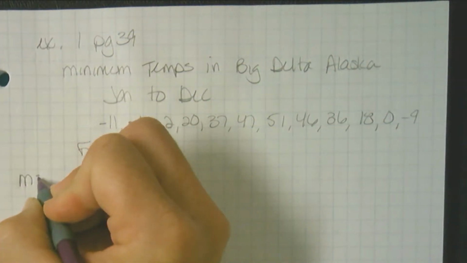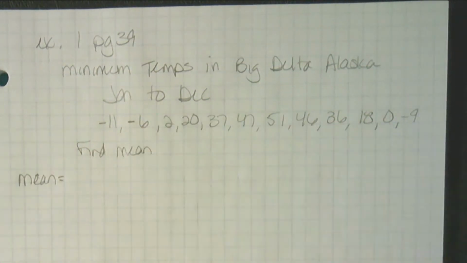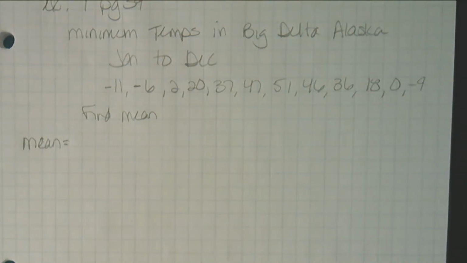Mean equals. This is the equation that I require. I'm starting it way off to the left because I have a lot of numbers I'm adding. When I write my mean equation, I put them in order of least to greatest. That way, if I have to go back and find median, I don't have to rewrite the list again. Does that make sense to you guys? So take the time when you're writing a mean, if you're looking for median as well, to put them in order of least to greatest in your mean equation. And you have to show me that you're adding.